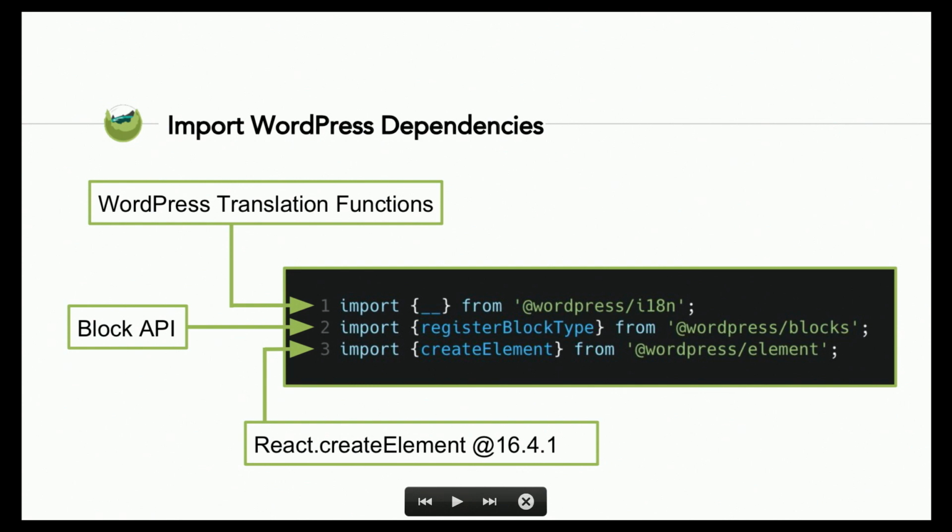One thing that I wanted to highlight is that WordPress has a commitment to forward compatibility and backwards compatibility. So WordPress essentially imports React and then exports it as its own API, unmodified. So WordPress element is a package that is identical to React 16.4.1 right now. And that API, whether or not it goes to 16.5 before this is finalized, will be the WordPress React API. That'll be identical, but this will allow for forward compatibility.